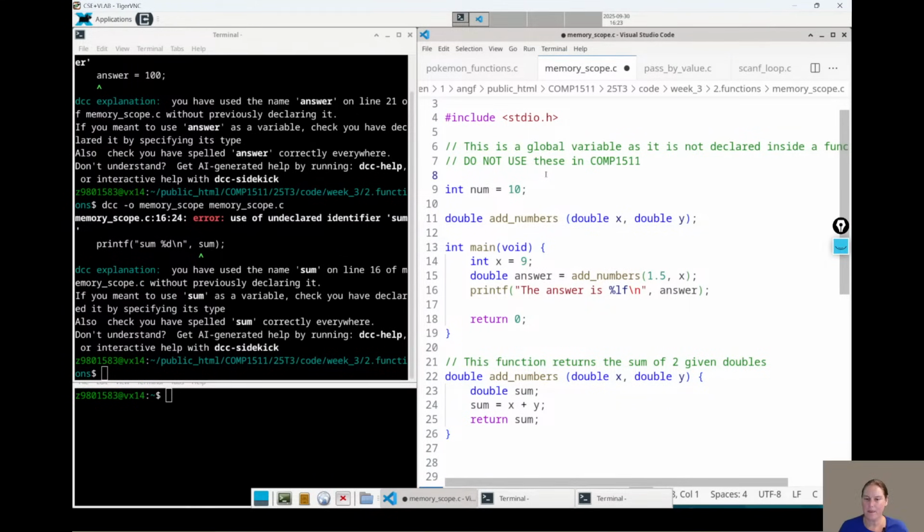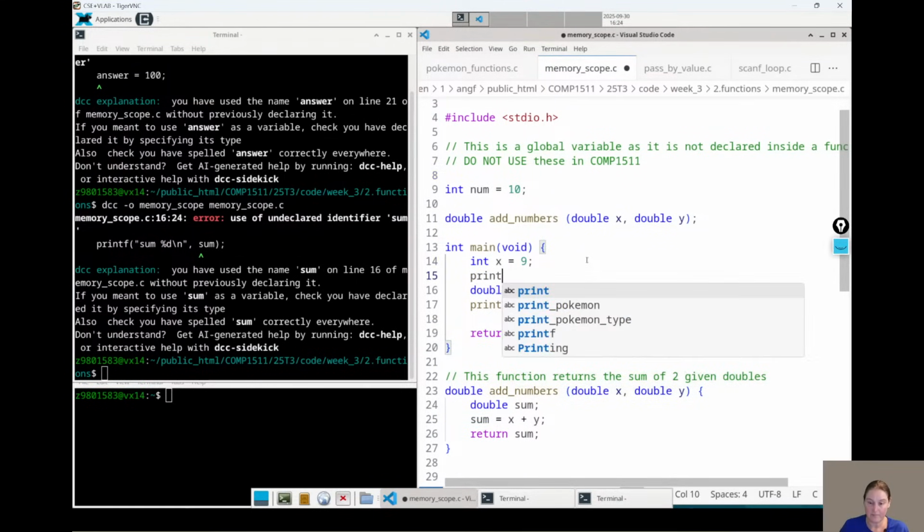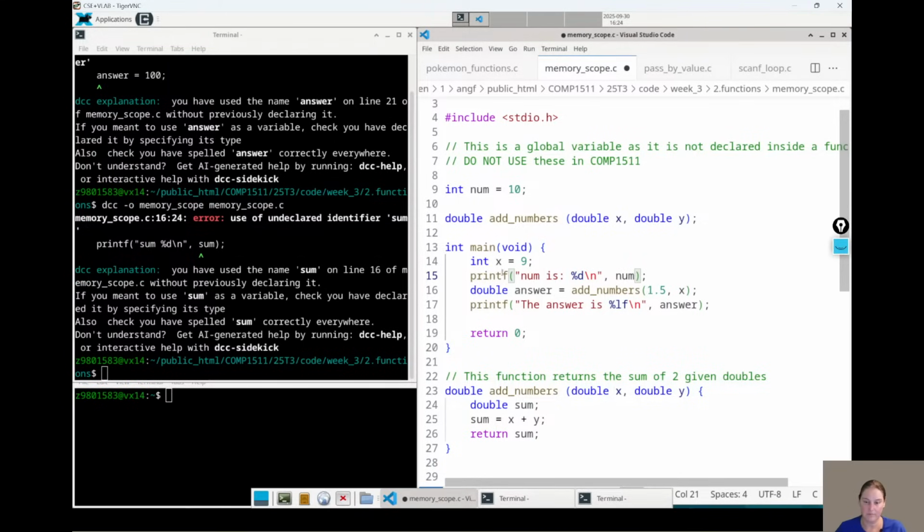And the thing about global variables, and this sounds like it's a really good thing, but it's not. This could be used anywhere in this file below it. So down in the main, I'm able to print out num or access num. And that seems great.